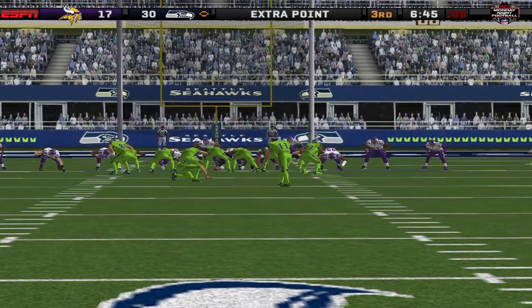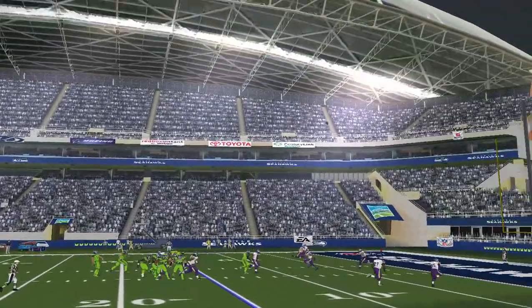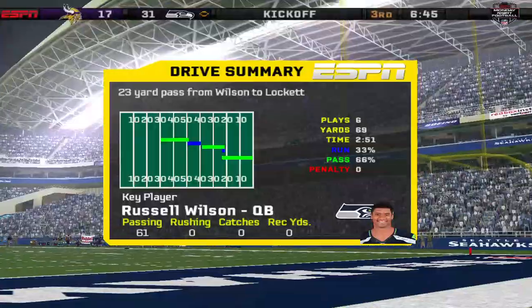Janikowski comes in for the extra point. The point after is good. They've now